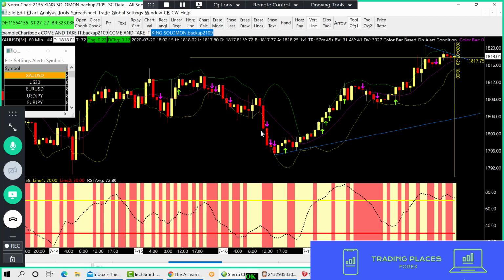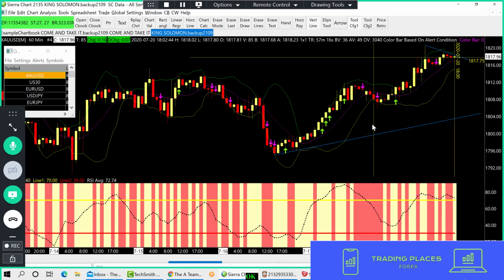But usually after the third candle you can get in and still make some profit. Like for this one here, you get in here and look how far it went up. But if you learn how to read charts, you can get in right here. So let's go over this. What we're going to do this week is basically learn how to use the indicators. But since we're on gold,